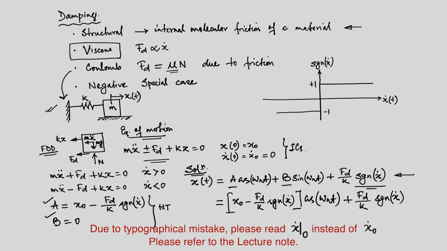Now, if you look at the solution, obviously we can plot this. On the right hand side you have this cosine term, that means it is oscillating, and then you can actually find out the period of this cosine function. In this case, it is again having omega n t is equal to 2 pi, and then you can qualitatively also plot the nature. So, that we will do in a minute.